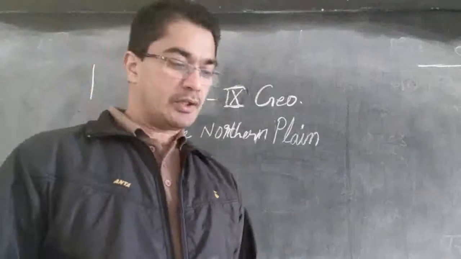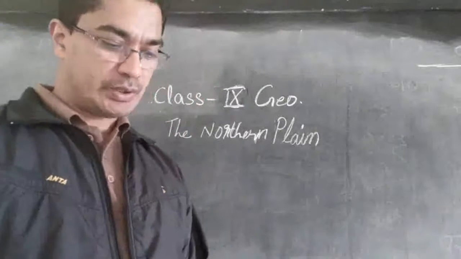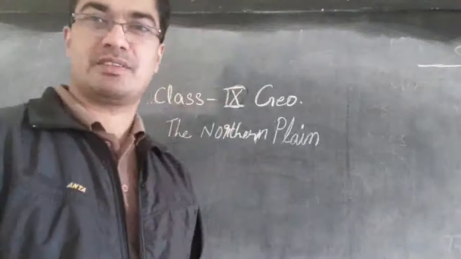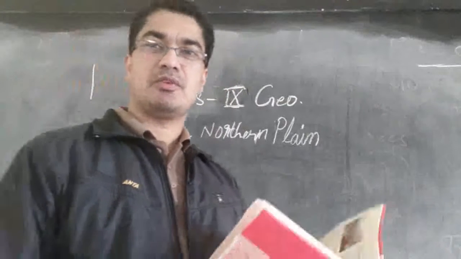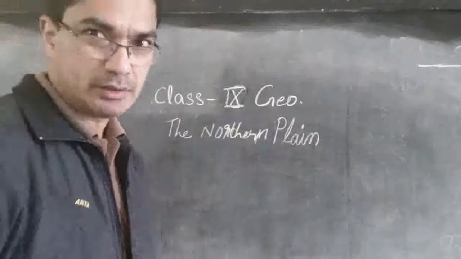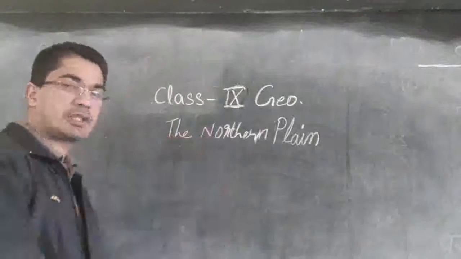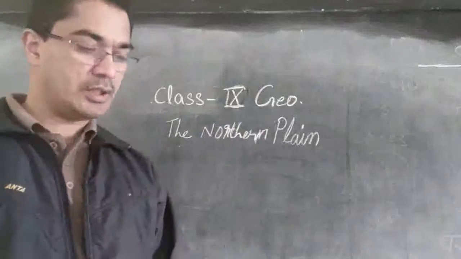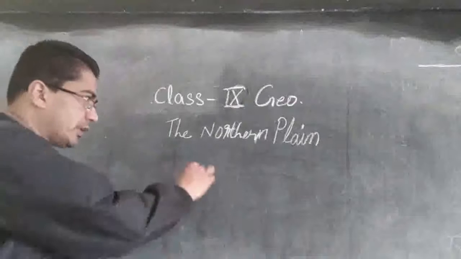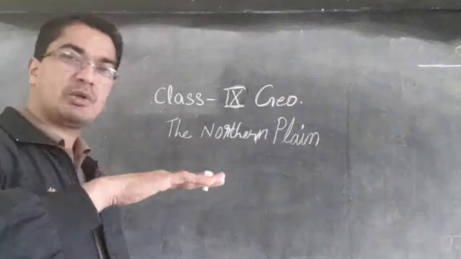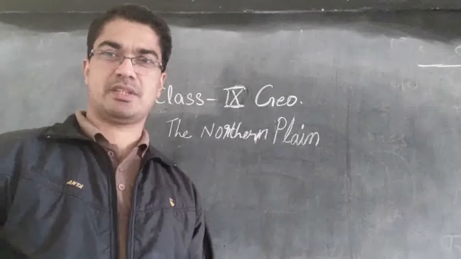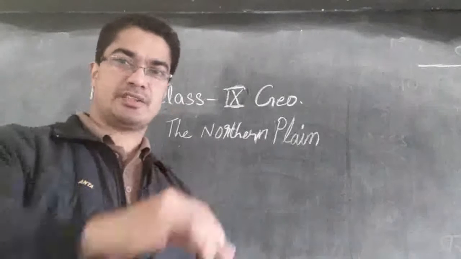Now, yesterday we studied about the great Himalayas, the Himalaya mountains. And the second physical feature, or second area, is the northern plains. The northern plains remain close to, or next to, the Himalayan mountains, especially the third range, the